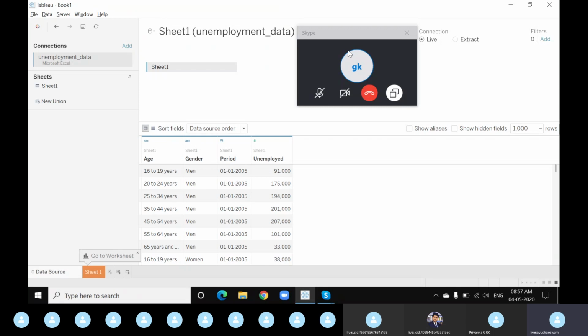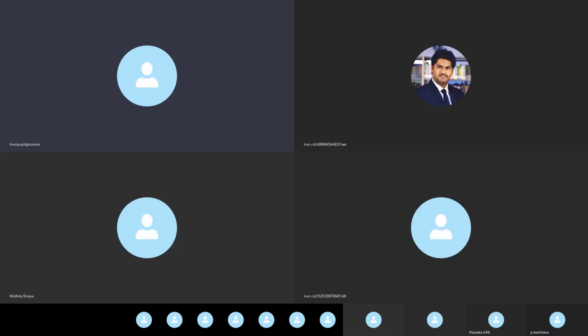See, you got two options there, live and extract, right? And I request everyone, if you are stuck at the initial phase, please ask it before, because otherwise you'll be lagging behind, and it'll be a loss for you. So next time, wherever you are stuck, just ping me. I'll hold on and resolve your queries.